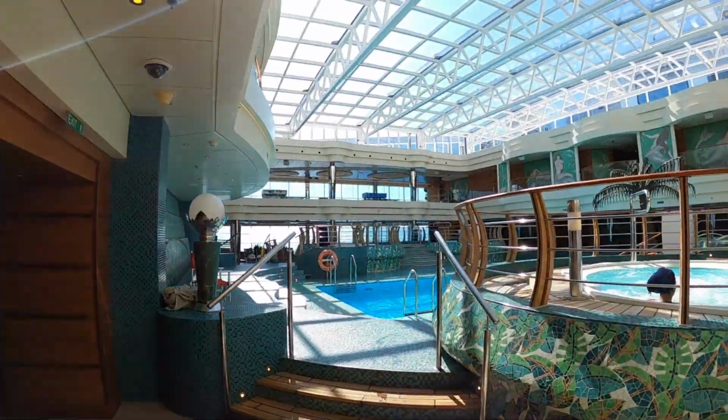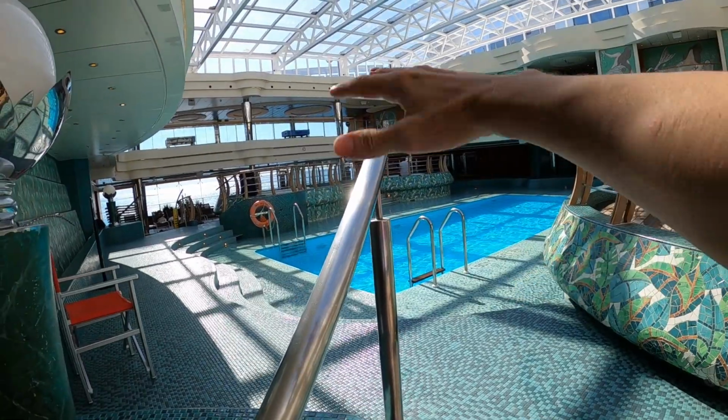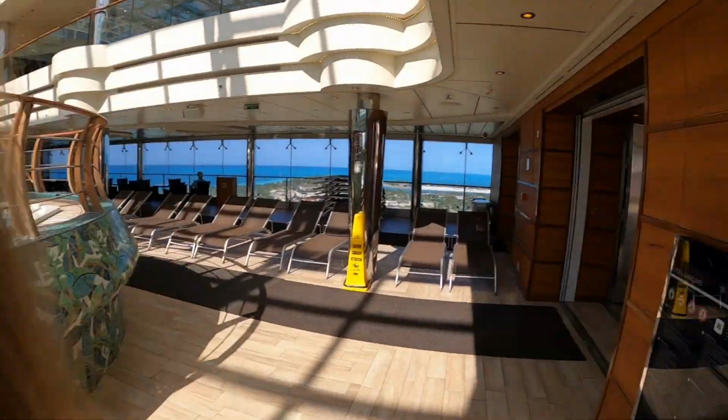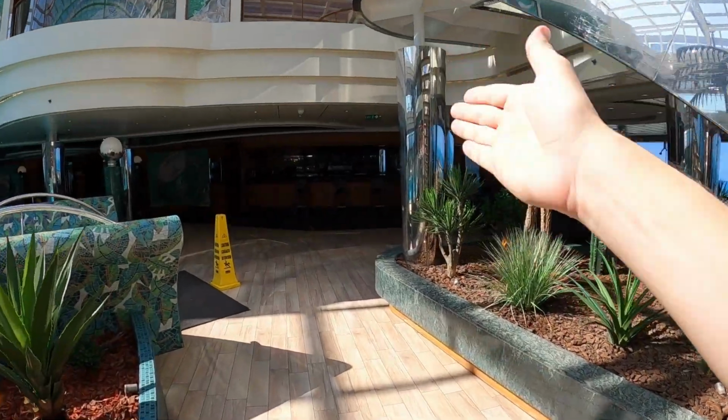It's an indoor area. It's got that retractable roof up top here. They've got a nice little swim pool over here, and there are three hot tubs, I believe, two on that side and one over here, unless they've got another one. But I think it just gets down in the pool. So there's three hot tubs on this level, and then the La Serena bar is going to be at the back side of this. So if you want to get a frozen cocktail, it's not open right now, but it's right through here,